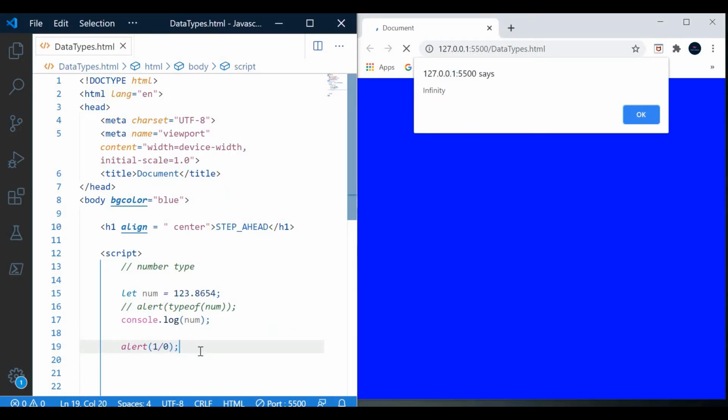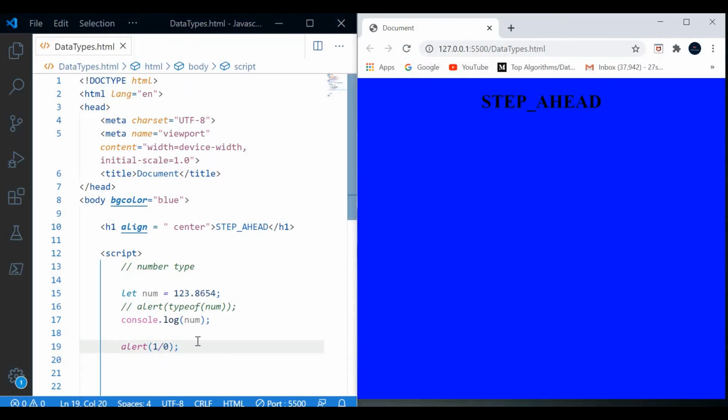If we divide any number by 0, it will show infinity, or its result is infinity, as it is showing in this window. So we can also see that it is showing infinity.